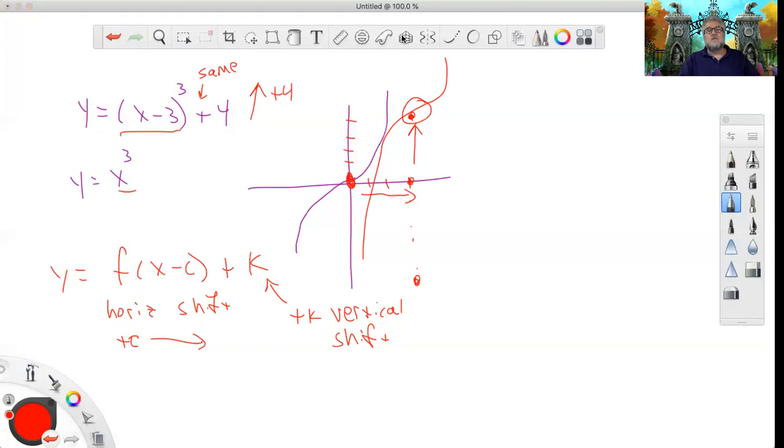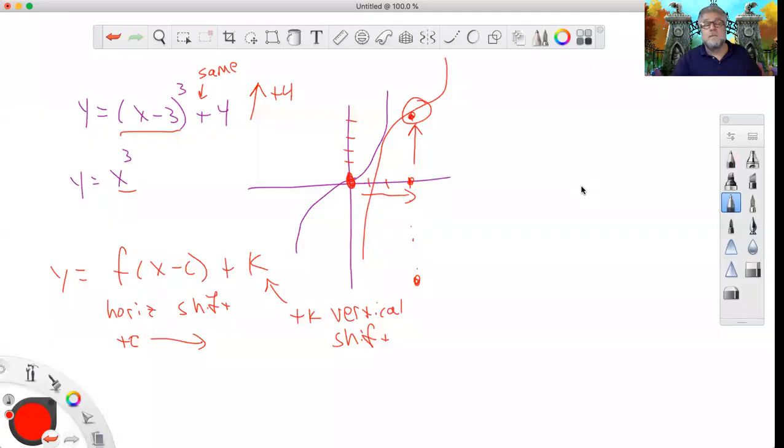This is what gives us the translations. Let me pause for a minute. Okay, we're continuing. Where's my, there it is. Okay, so let's